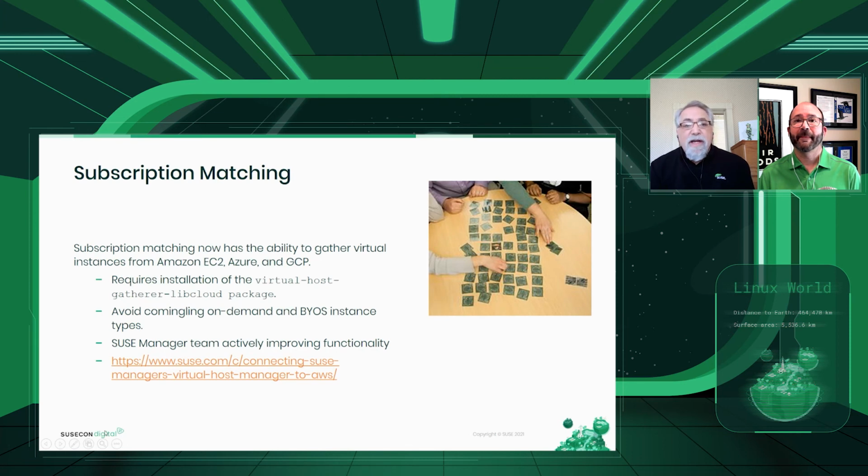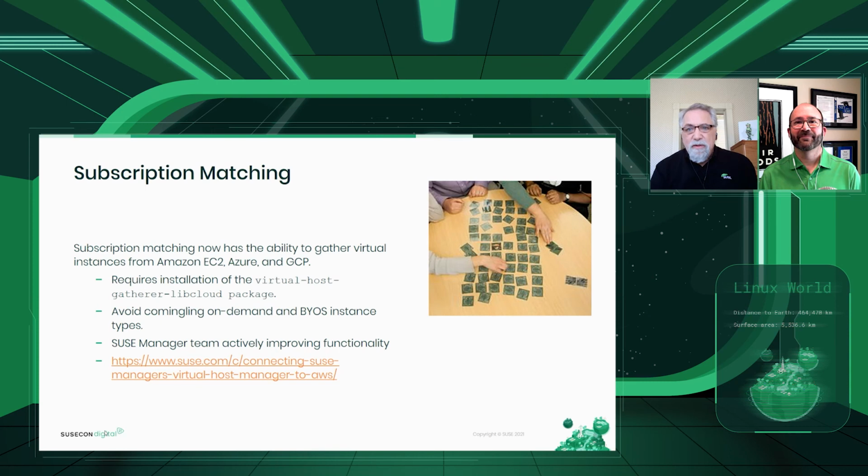Many of you have asked about subscription matching. In other words, how do I align what I see that I've purchased from SUSE with what I see in my SUSE Manager server? And now the subscription matching feature of SUSE Manager, which you may or may not have familiarity with, has the ability to gather virtual instances from your cloud provider. So whether you're using Amazon EC2, Azure, or GCP, you can install the virtual host gatherer libcloud package on your